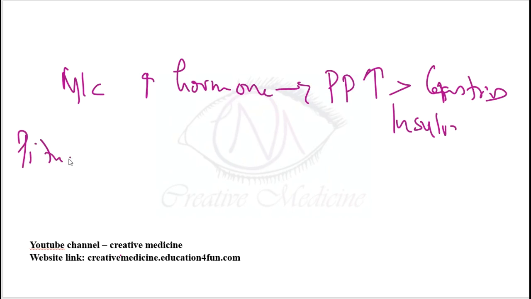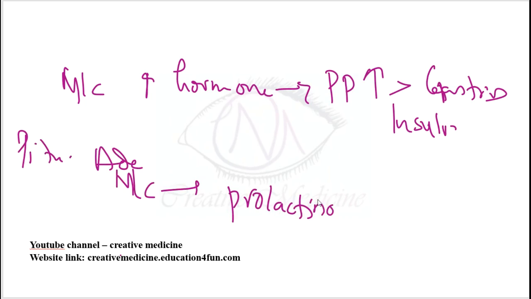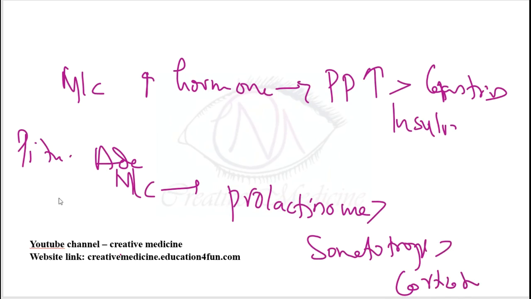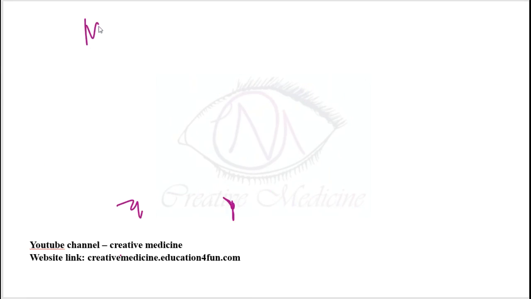Then some important points about pituitary adenoma: the most common pituitary adenoma associated with MEN1 is prolactinoma, followed by somatotropinoma, followed by corticotropinoma. Then if you see MEN2,